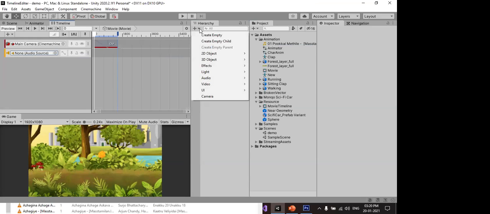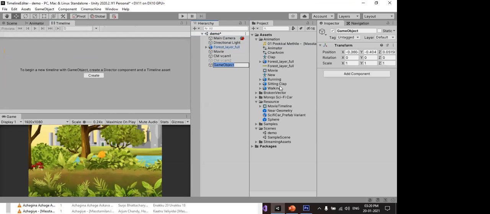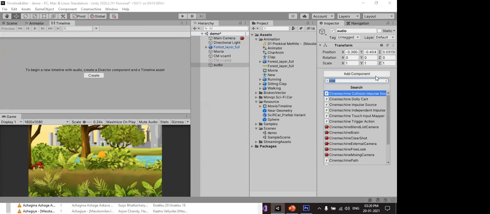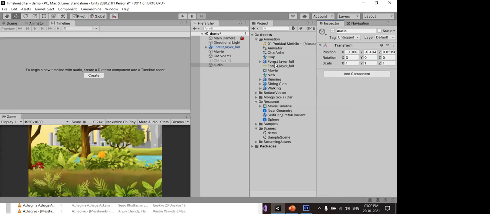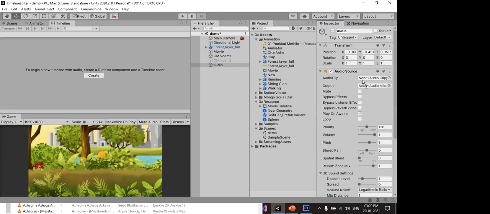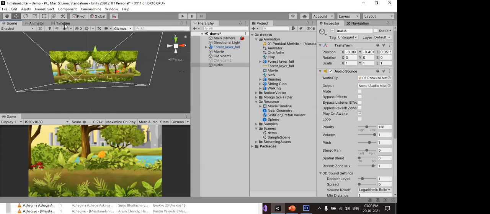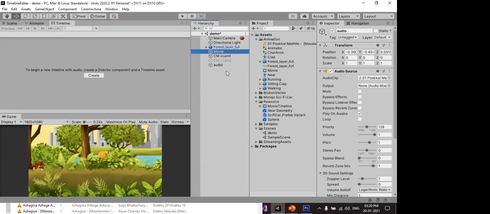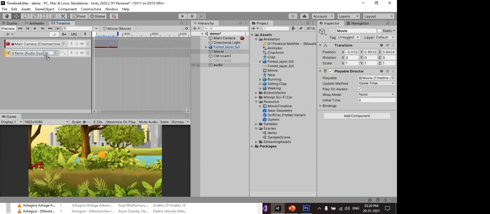So create an empty game object, audio. So in your audio component, audio source, here we can paste in your audios. Okay, and in your timeline, place audio.